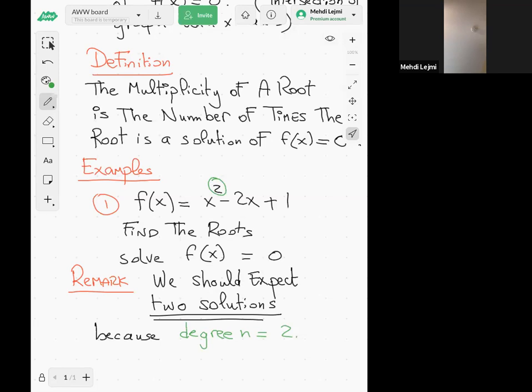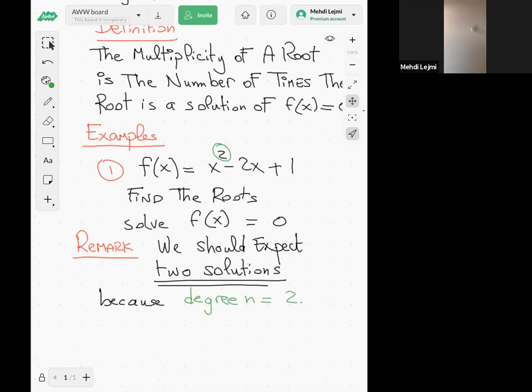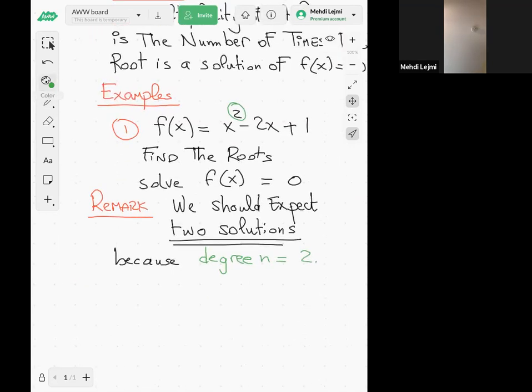Okay, anyway, so here, this is x squared minus 2x plus 1. So we want to solve f of x equal to 0. So we're going to solve x squared minus 2x plus 1 is equal to 0, right? And we said we expect having 2 solutions, right? But anyway, this is a quadratic equation, so we can just use the quadratic formula, right? So if you use the quadratic formula,